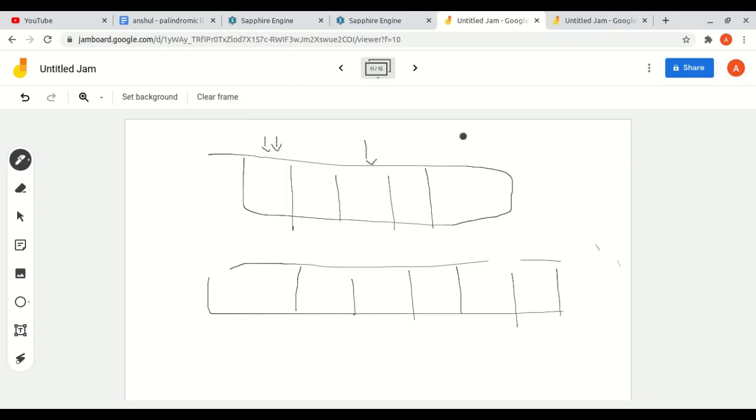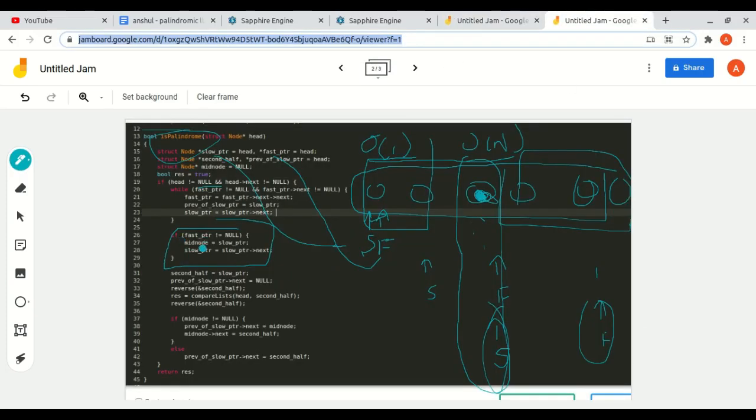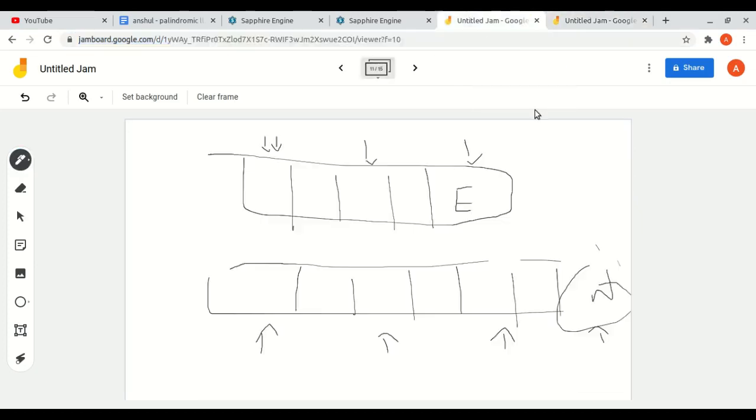We will take two jumps and two jumps, and in this case of even, we will take two jumps, and the fast pointer lands at null, and this is the end node. So in case of even nodes, the fast pointer will point at the null, and this is valid for all types of even numbers. So we have written that if the fast pointer is not at null, it is at the end. So this is the case for even, and this is the case for odd, at the end.